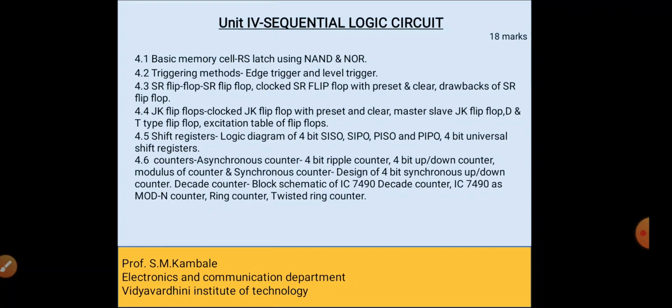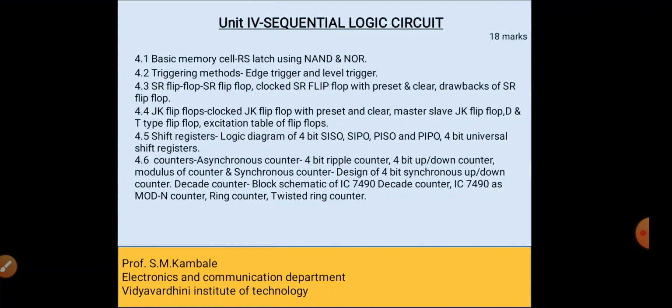The second is the triggering method. There are various triggering methods. Triggering means to turn on the flip-flops by using various methods such as edge triggering and level triggering. Okay, consider there is one mountain which we are going to climb, then it is called an edge of a particular mountain. If we reach the top of the mountain or the bottom of the mountain, then it is called a level of the mountain.